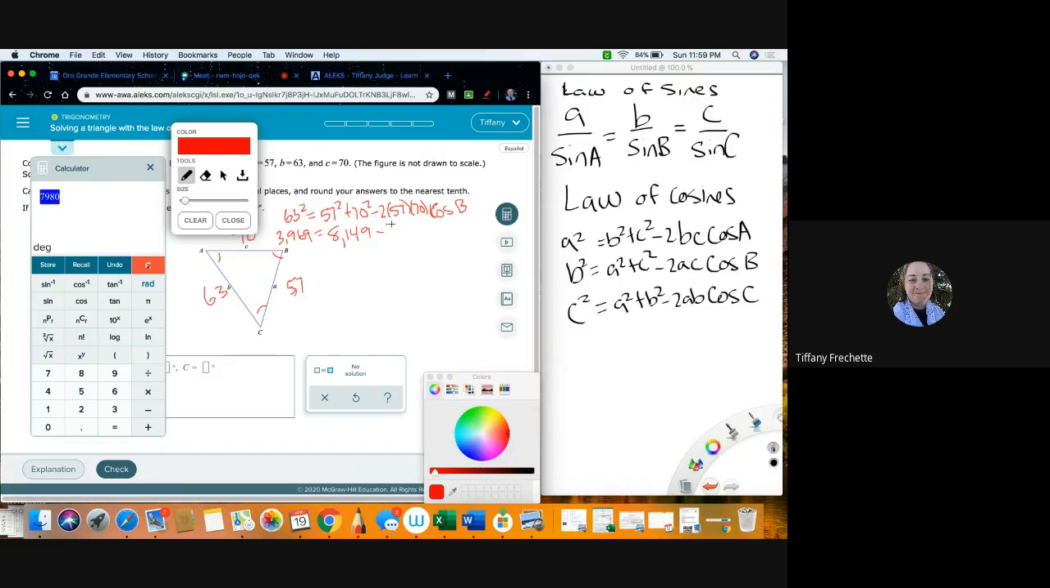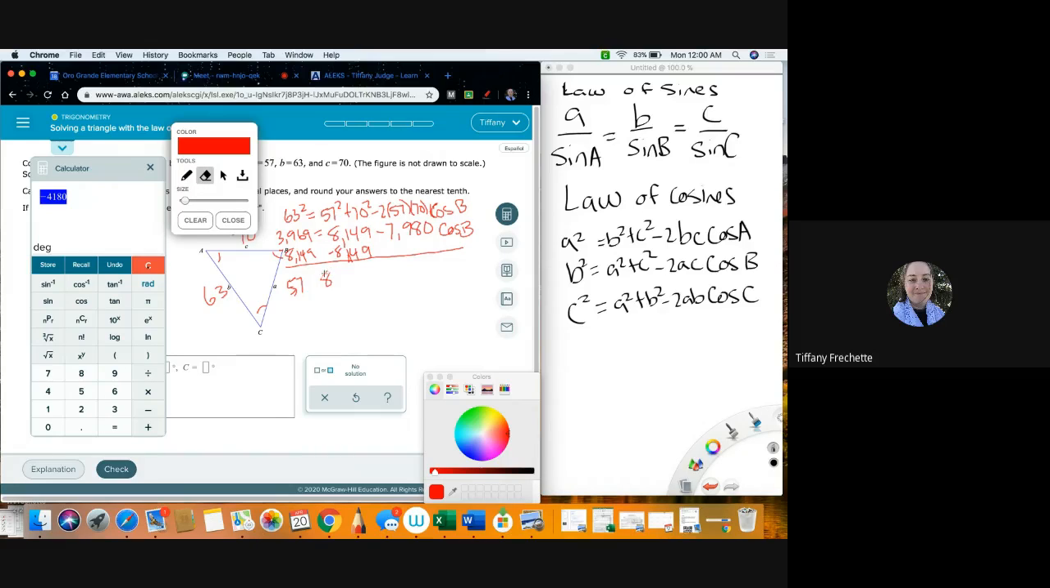all right, so we get 8,260 cosine of B. So now we want to subtract 8,149 from both sides. So I need to put that one there. From this side over here. Sorry, scrunching into my triangle here. So then we're going to go 3,969 minus 8,149 equals,